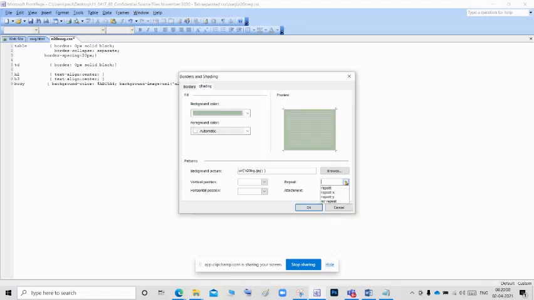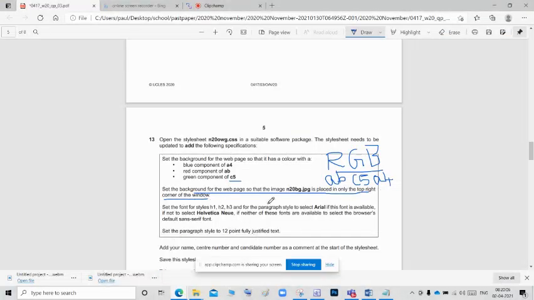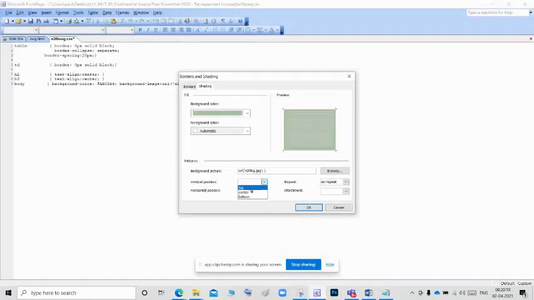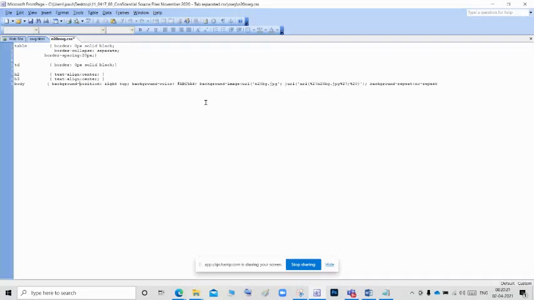See, in the repeat we want to give no repeat, and also they are asking position top right corner of the window. So what we are going to do, vertical position will be top, horizontal will be right, and click OK.